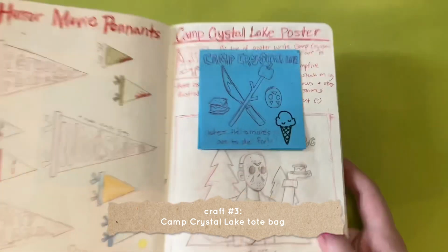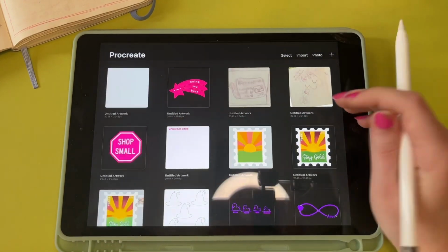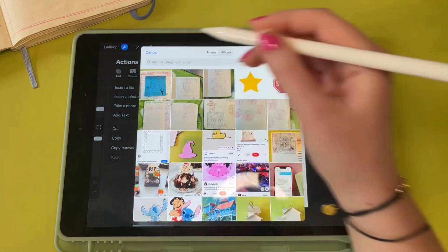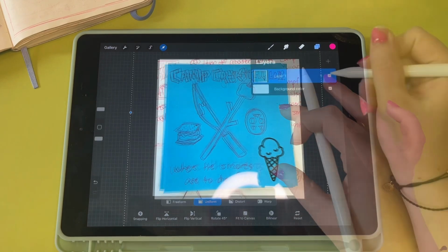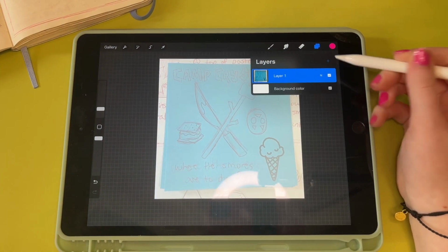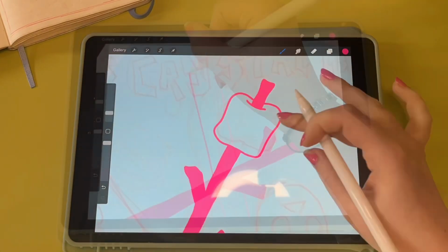The last final craft is a tote bag design inspired by Camp Crystal Lake from Friday the 13th. So I got to work opening up Procreate on my iPad, and then I like to take pictures of my sketches that I do on my sketchbook and then kind of trace around them on my iPad on Procreate. I do turn down the opacity of each picture, and then I just got to work sketching everything out and